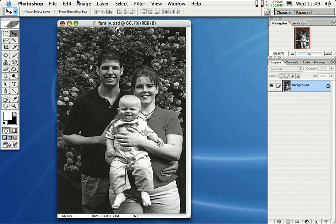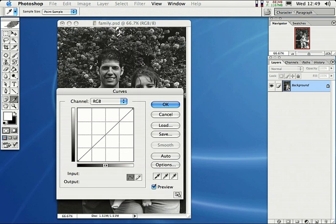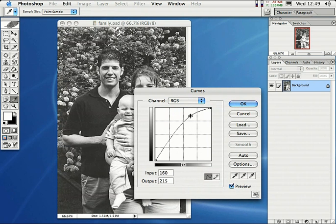Next, come right up here to Image, Adjustments, and come down here to Curves, okay? I'm just going to lighten it up a little bit with the Curves dialog. Let's brighten it up a little bit, get that old overexposed look on our photo. This is totally cool. I'm going for almost like a mid-curve, just about like you see there. And as soon as I got it about that,